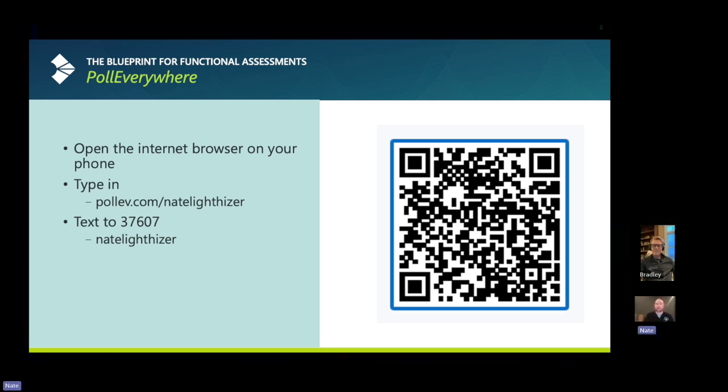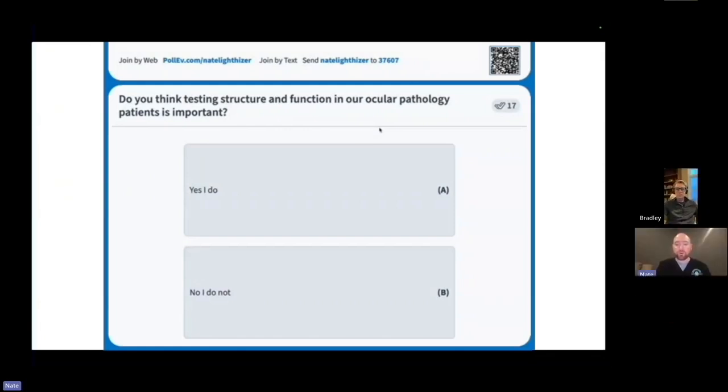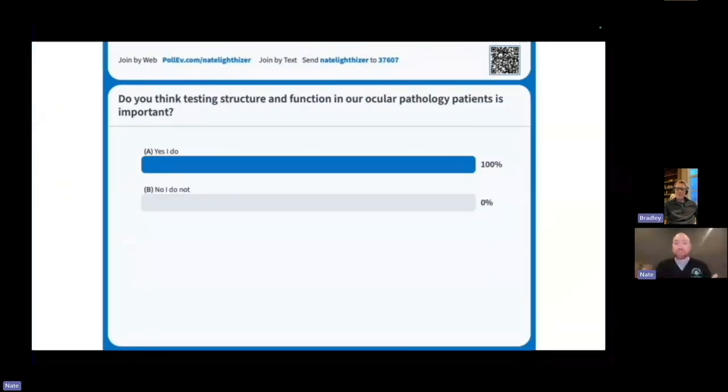And my first question is always this one. Do you think testing structure and function in our ocular pathology patients is important? Patients that have diabetes and diabetic retinopathy and glaucoma and those maculopathies that Dr. Grant talked about as well. All these different ocular pathologies that we see day in and day out, week in and week out. Is testing structure and function important? I've asked this question dozens and dozens of times now. I will tell you the answer is almost always 100. You guys believe in structure and function, and it gives you the best possible picture of what's going on,